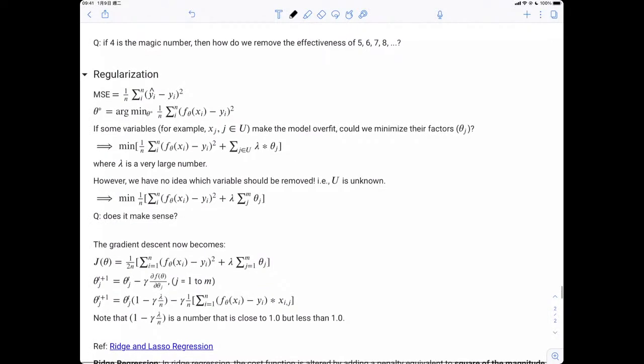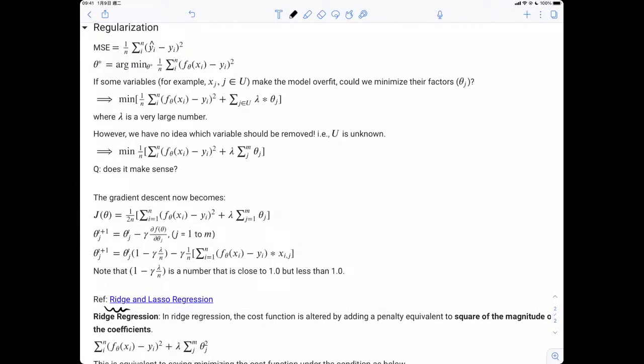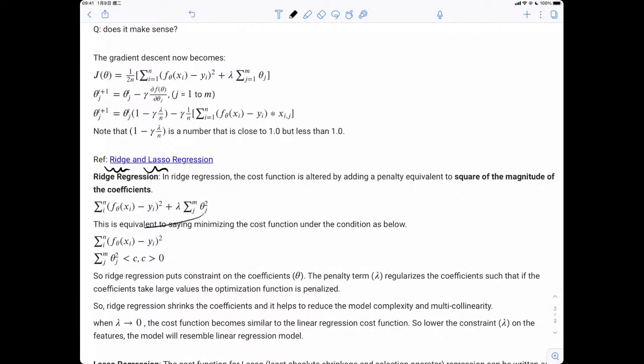And right here is the regularization, which we have talked about before. Ridge and lasso regression. It's quite simple. It's just simply like this. When you design your loss function, remember to add something like here. The theta is all the weights. We have to minimize these weights so that some of the weights will become 0. That means some of the neurons will not be activated. That means some of the neurons will